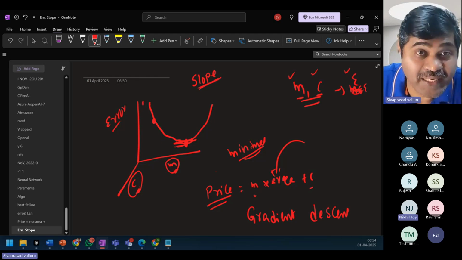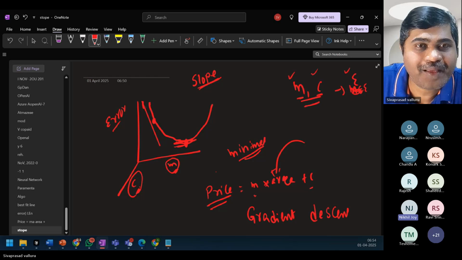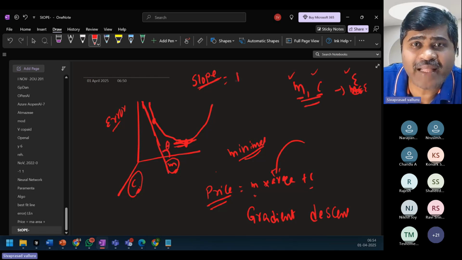We draw a tangent. M would be equal to y2 minus y1. We draw a tangent at this line and find the theta. I hope you remember slope is equal to tan theta.